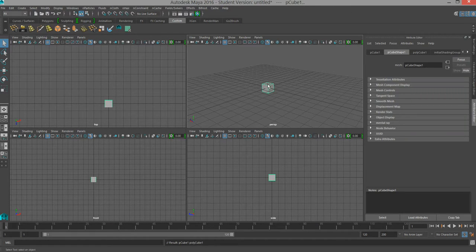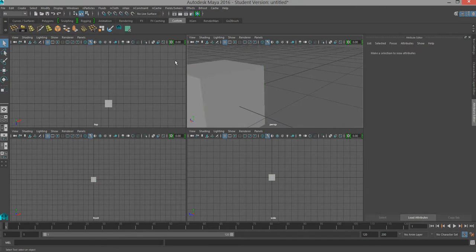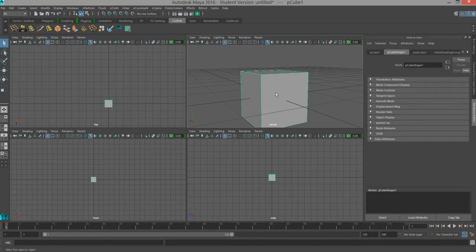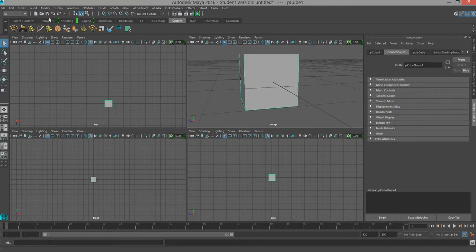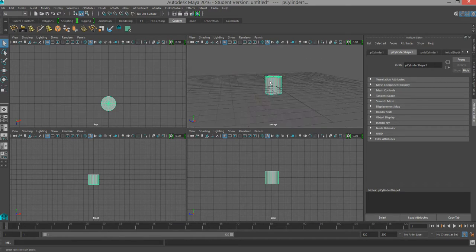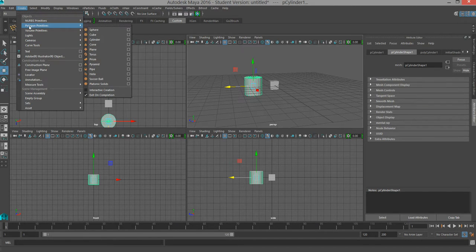So, go to create, and you can create spheres, cubes, cylinders, yeah, this is how you create